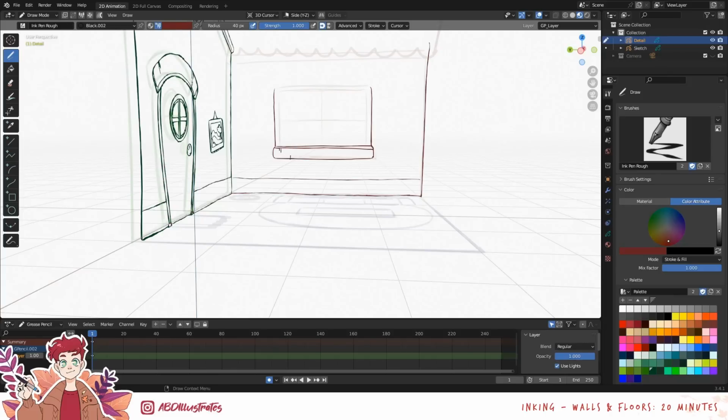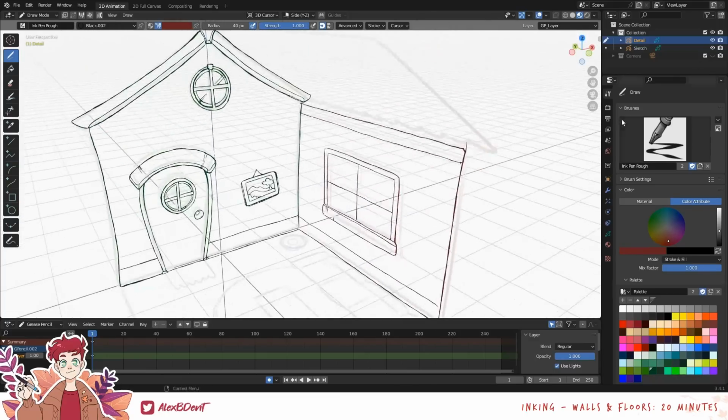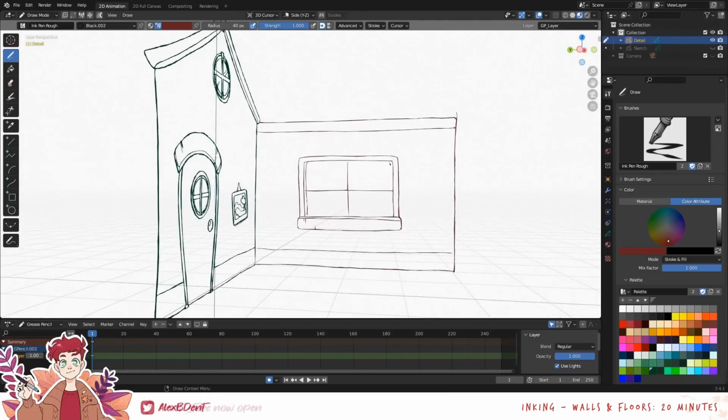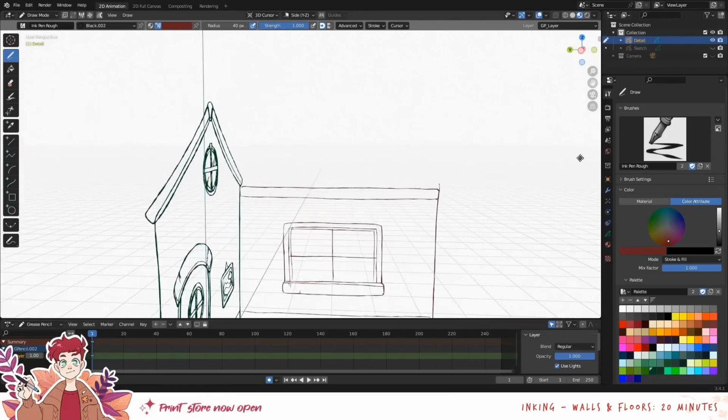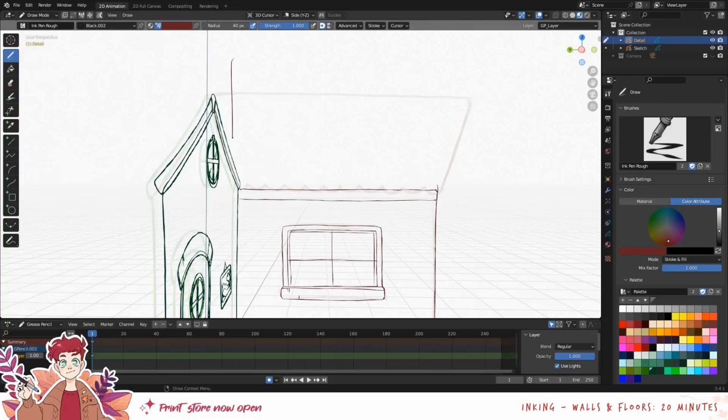All that to say, I think for the purposes that I'd be using it for, which is just that idea of having a fully rotatable, pre-made sketch of a background, especially for locations that you know you're going to have to draw multiple times over if you're working on a comic or anything like that, and being able to look around it and get it to the angle that you need before pasting it into your drawing software, and then, boom, you can just ink over it there while saving yourself a ton of time,